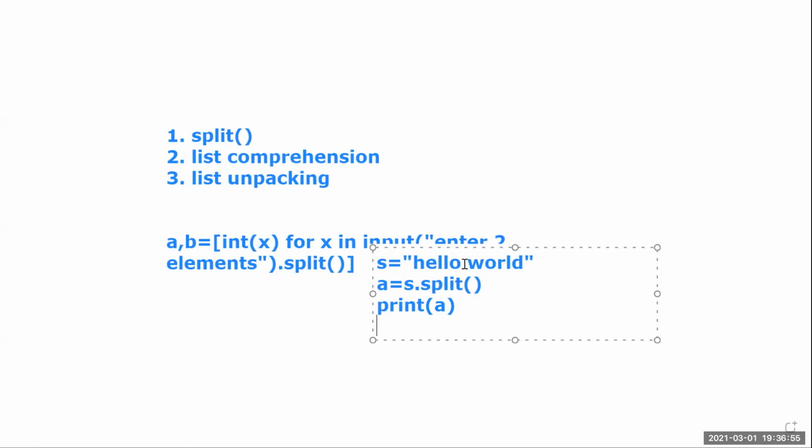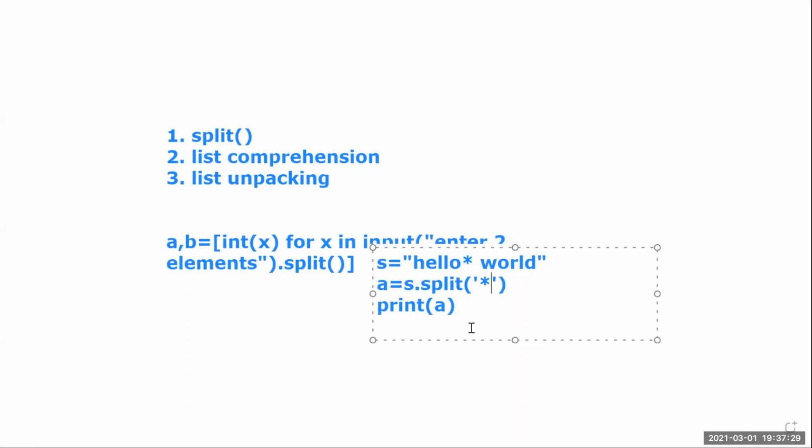Here in between hello and world, we have a separator, this white space. As this white space is my separator, I am not passing any argument here. Suppose in between hello and world I use a comma as a separator, then I have to pass that separator as an argument to this split function. If I use a symbol like a star as a separator, I have to pass that star.